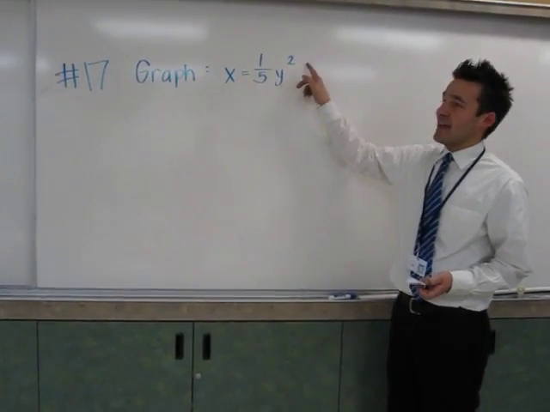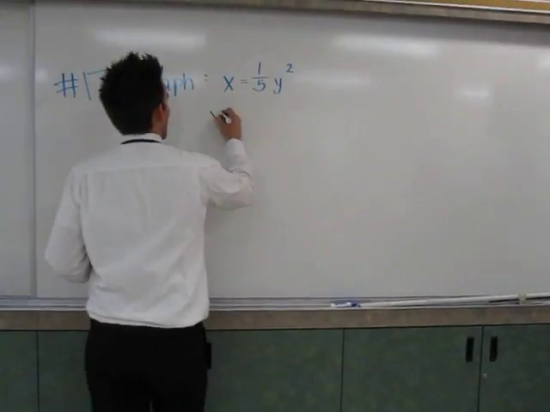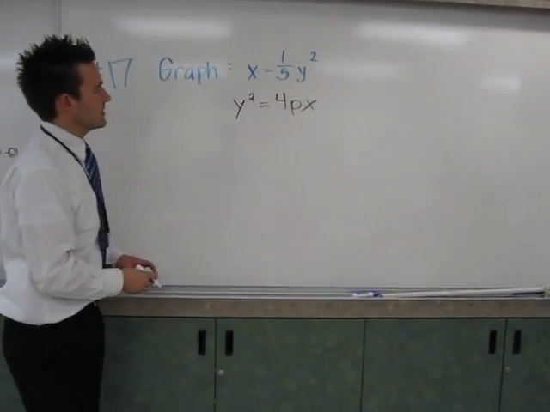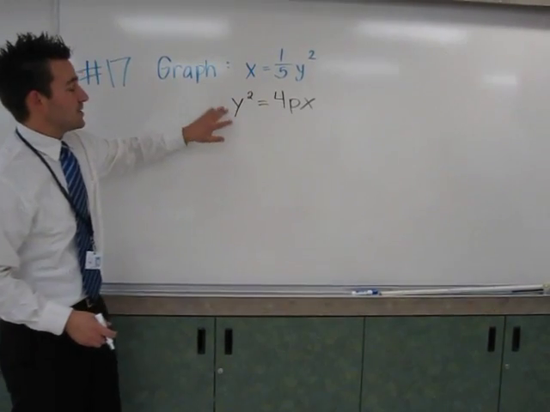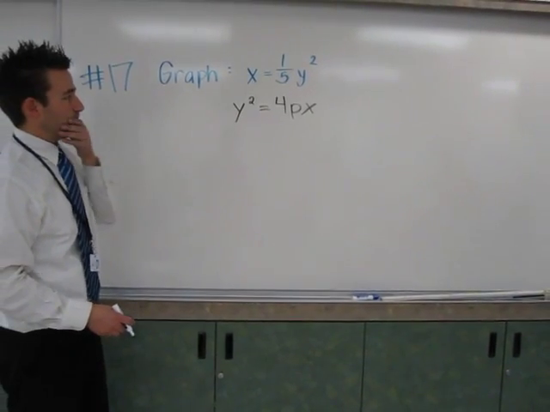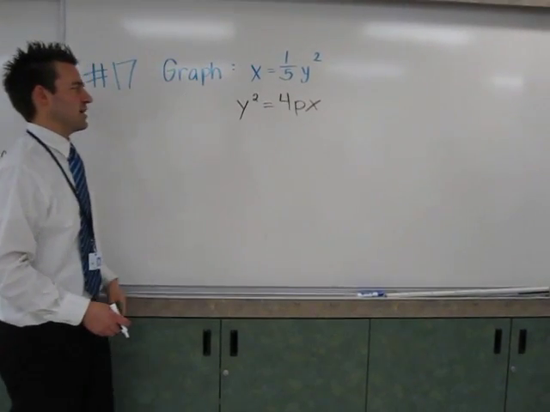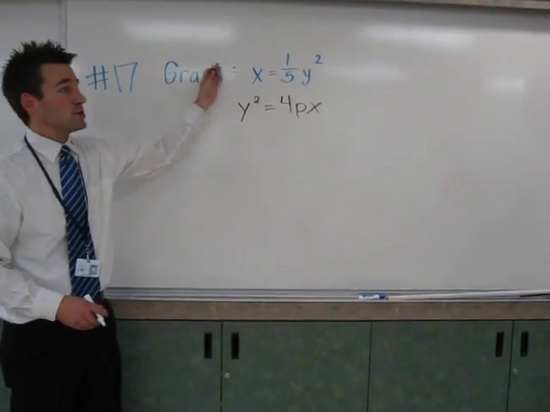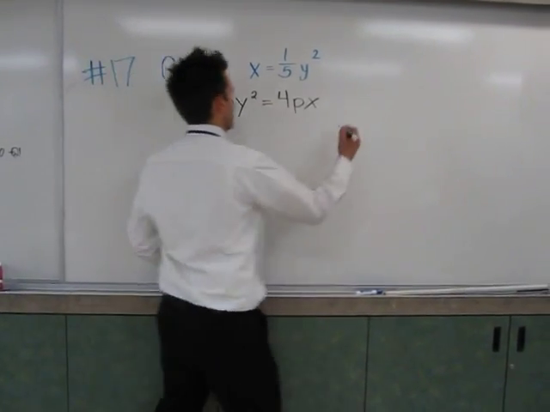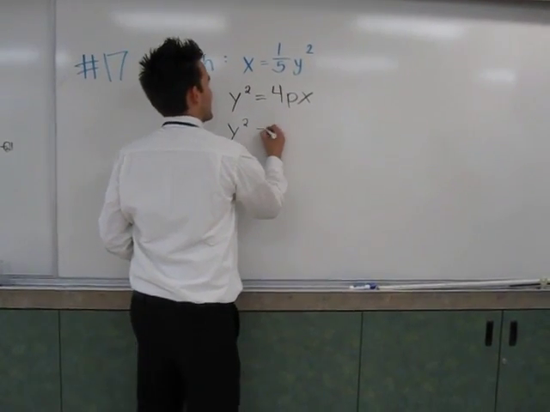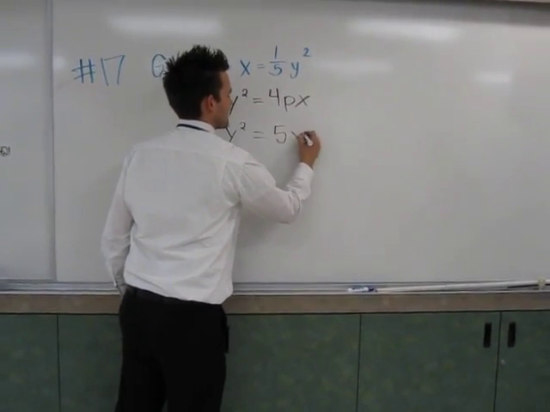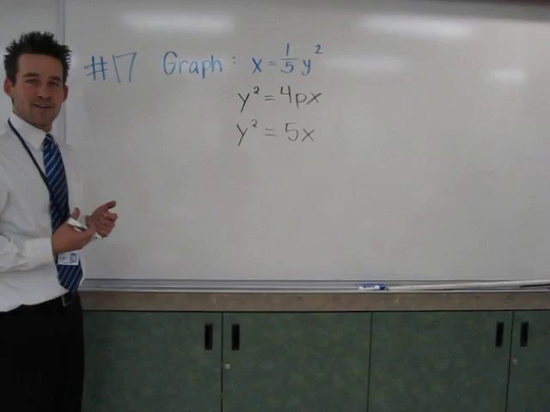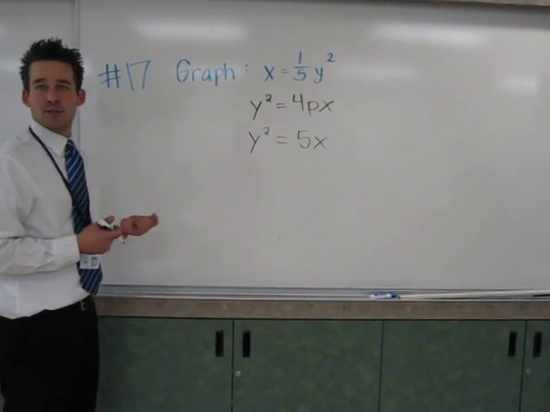Now, since y is the squared term, we know this is in the form y squared equals 4px. What can we do to our problem to put it into this form? Right now we have a 1/5 with the y squared. We want a coefficient of 1, so the first step could be multiply both sides by 5. So we'd have y squared equals 5x. Now try to figure out the value of p and use that information to graph your vertex, your focus,